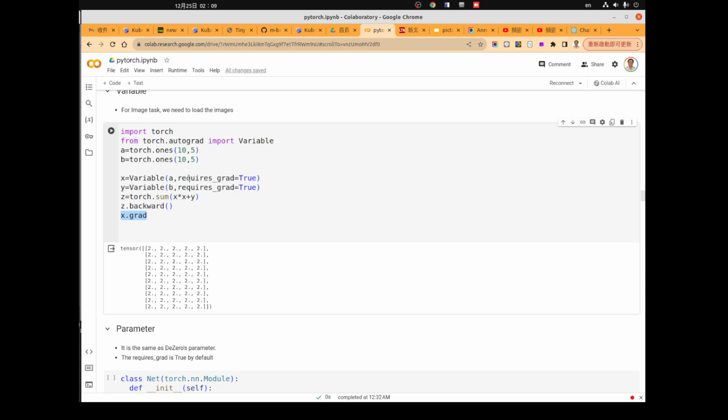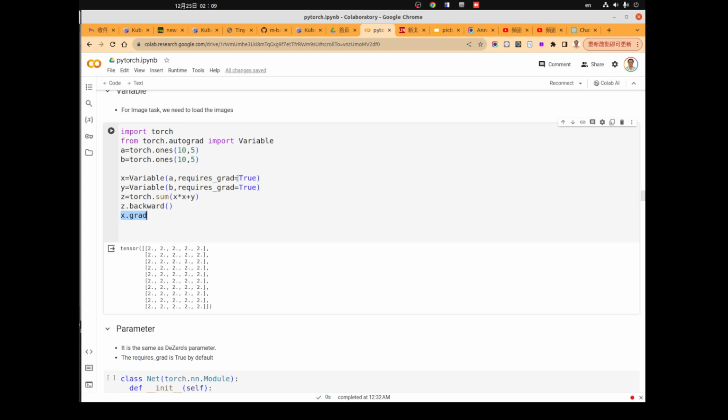In a neural network, there are two kinds of variables. The first one is a constant, some kind of hyperparameter that we can set to any value, but that value will not be changed during the training process.